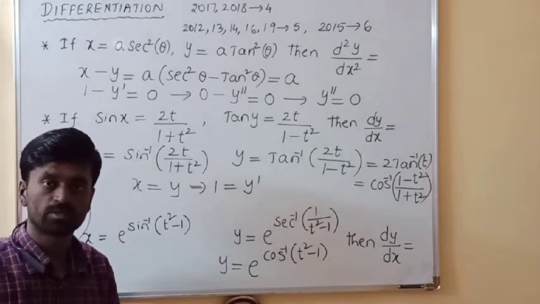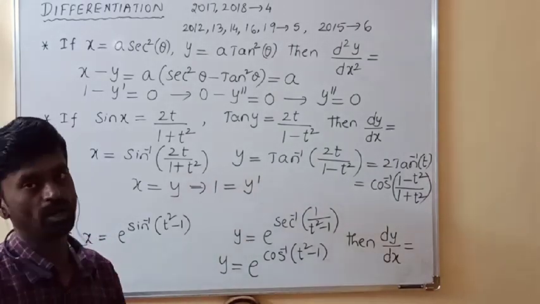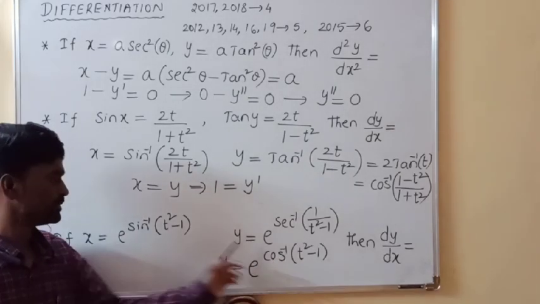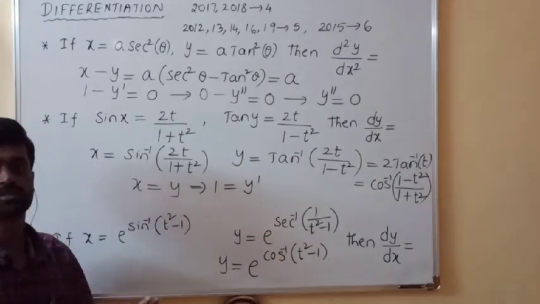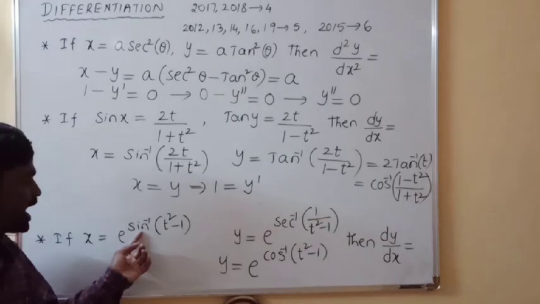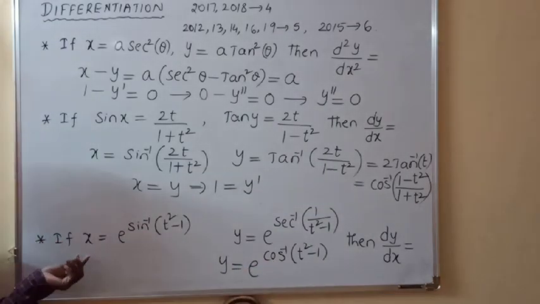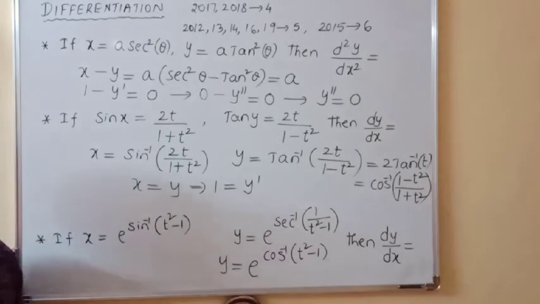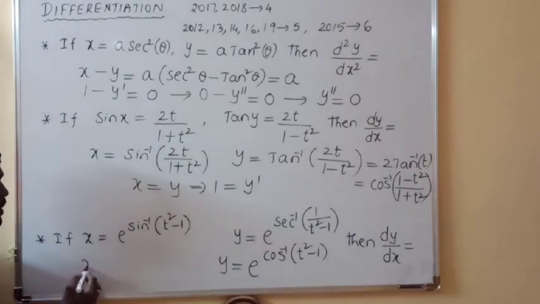We know that sin inverse x plus cos inverse x is pi by 2, correct? So if you add these powers, what will you get? Pi by 2, which is a constant. So to add these powers, what do we need to do? We have to multiply these two equations. If you multiply, what will you get?